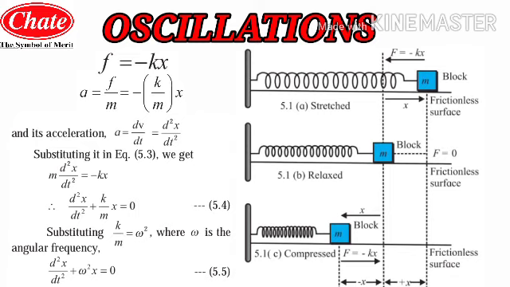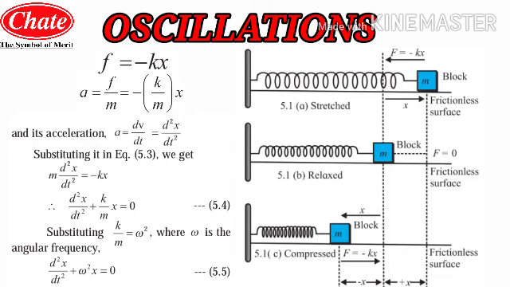So students, this is the differential equation for the simple harmonic motion. You may be asked in the exam for the derivation of this simple harmonic motion, or many times problems based on this equation have been asked. So d square x upon dt square plus omega square x is equal to 0. This is the differential equation for the SHM. So this is how we have derived the differential equation for the SHM.